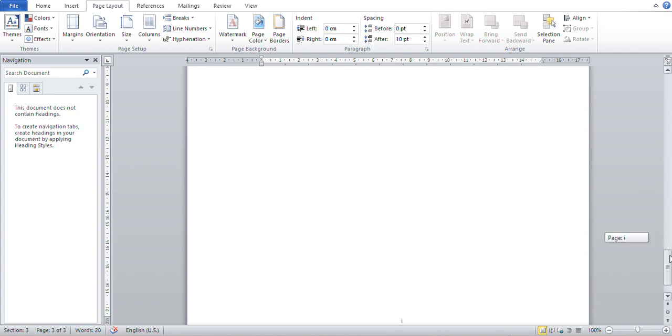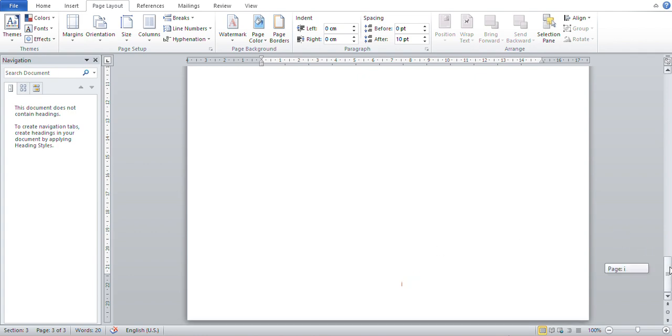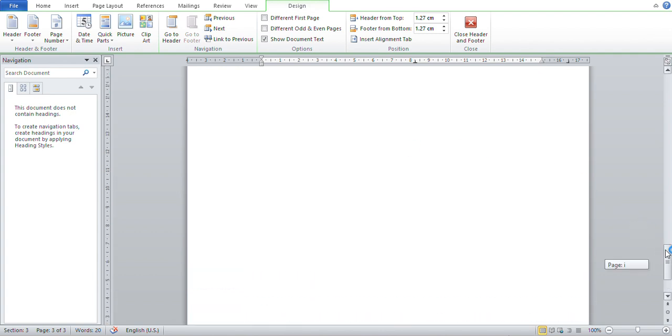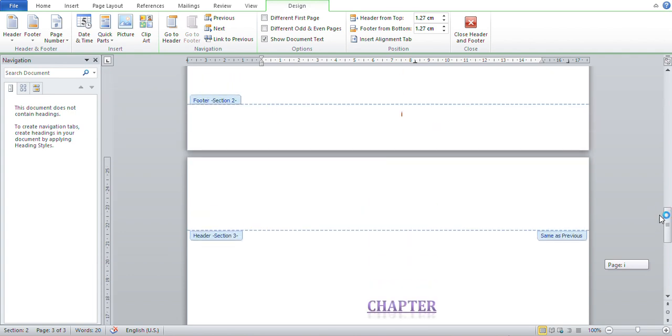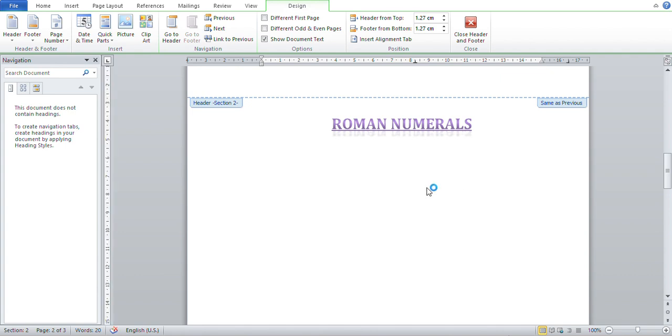So to do that, we come and make sure this page, our chapter page, is not linked with our Roman number page. We double click on this number, and if we check up here, we want to see that it is linked. So we say link to previous, we will not highlight it. We click and it is no longer highlighted. It means our chapter page is no longer connected to our Roman number page. So we click,